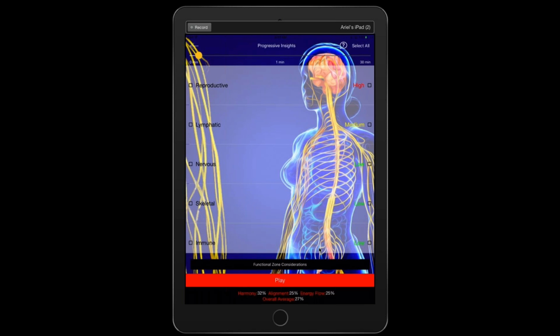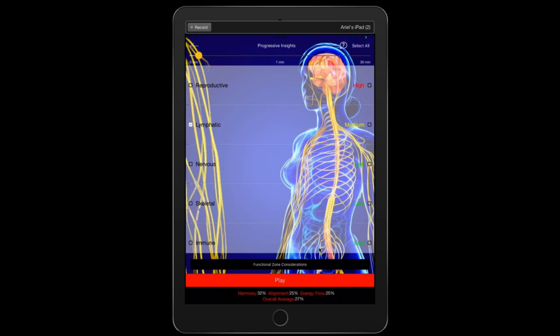These are functional zones. What functional zones do is they give you additional hints about what the root cause of the particular issue is. For the purpose of energetic balancing, functional zones add some very rich frequencies to your balancing, because each functional zone is made up of digitally imprinted homeopathic medicines which embody that particular theme. So for example, if we go to